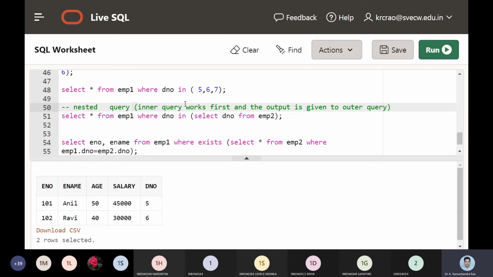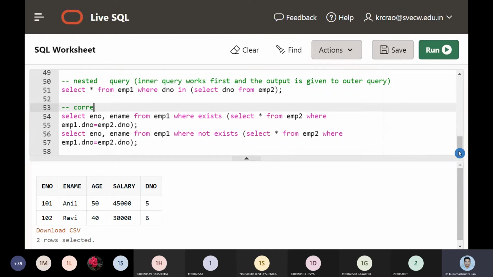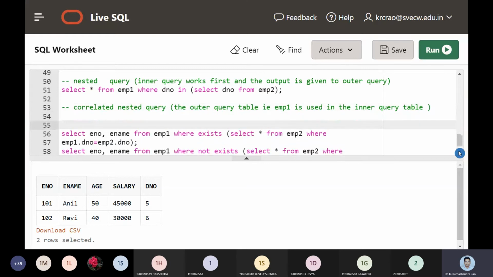But now let us look into another scenario, correlated nested queries. What is a correlated nested query? The outer query's table, that is employee 1, is used in the inner query. That was the difference we are going to analyze.